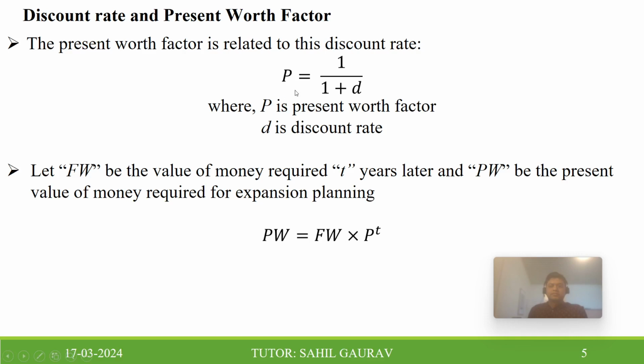So present worth factor is related to the discount rate as 1 divided by 1 plus D, where P is the present worth factor and D the discount rate. And here we have assumed FW means the value of money required T years later, and PW means present worth, the present value of money required for the expansion planning. So this expression we are going to use